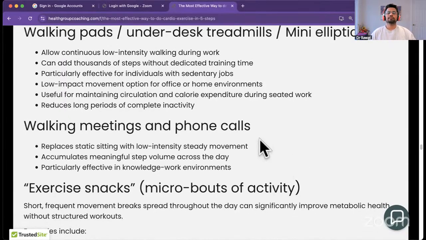So instead of just lounging on your sofa while you're taking calls, make it a habit to be strolling around. Maybe go for a little walk outside while you're taking these calls on your headphone. So these are all smart ways of increasing your step count. And it really starts with awareness. If you know what your step count is, and you know you've got to spend half an hour on a call,